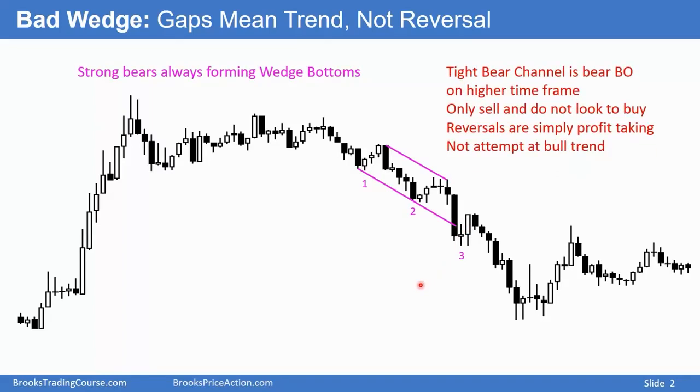Bear trends are always forming wedge bottoms. 1, 2, 3, 1, 2, 3. And just because you can count 3 legs does not mean it's reasonable to expect a reversal. A tight bear channel like this is a breakout on a higher time frame chart. When the market's in a bear breakout, you should only look to sell and do not look to